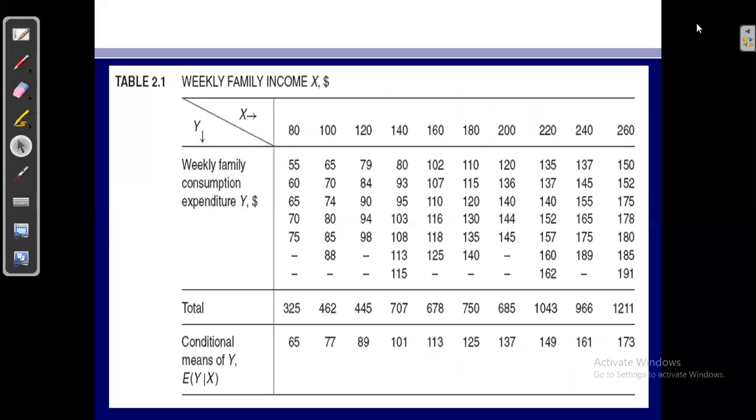This means that if I want to get disturbance term values from this table, they will be computed corresponding to given x values. So for example, if I concentrate on this particular column here,